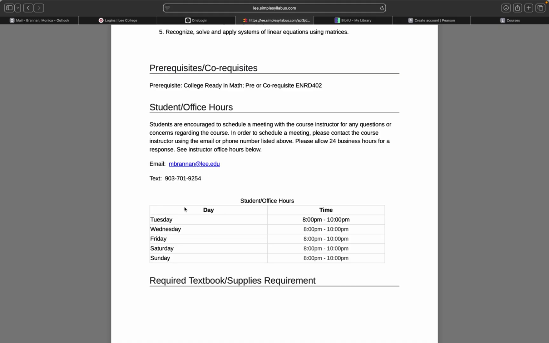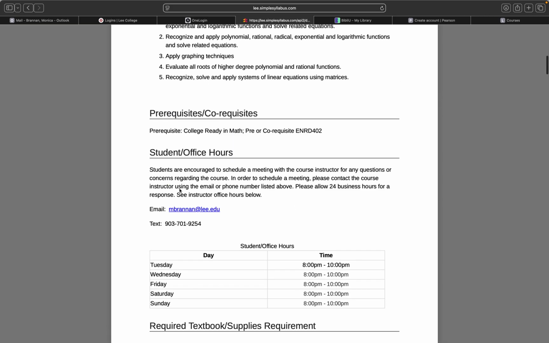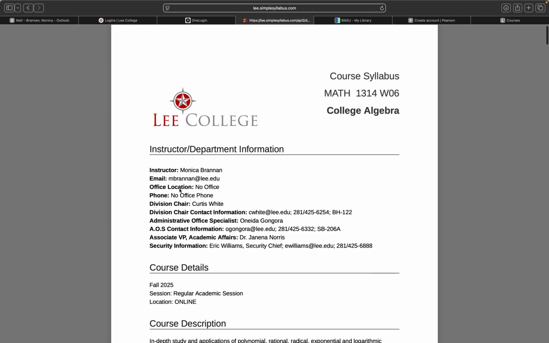But if you have any trouble logging in and getting that access code through BibliaU, or if you opted out of BibliaU and aren't sure what to do, and then you have trouble in Pearson, just let me know. Feel free to email me. I do check this email on my phone, or you can text me. I do need to know that you are in college algebra, and I do need to know what your name is when you text me. Okay? I hope that helps a little bit, guys. Like I said, contact me if you have any issues.